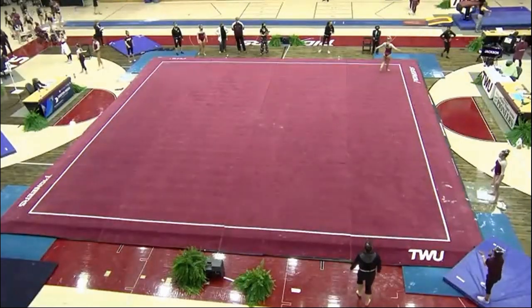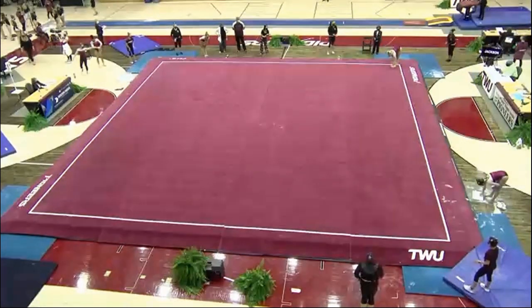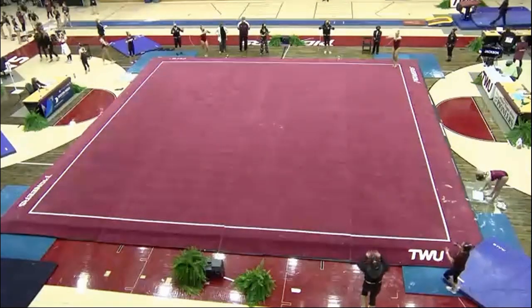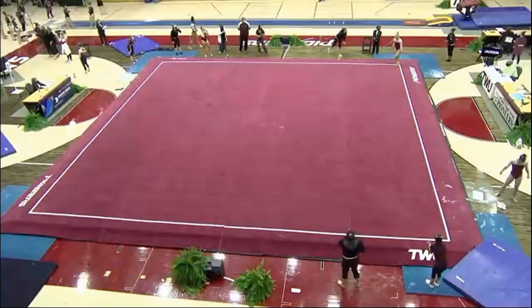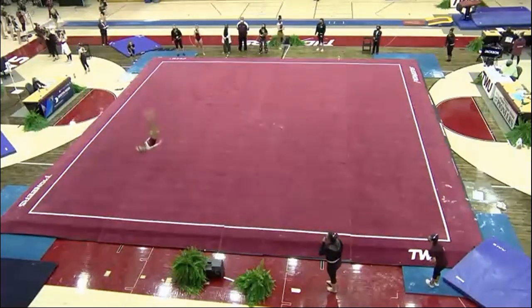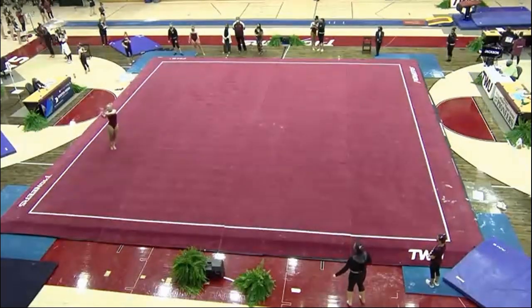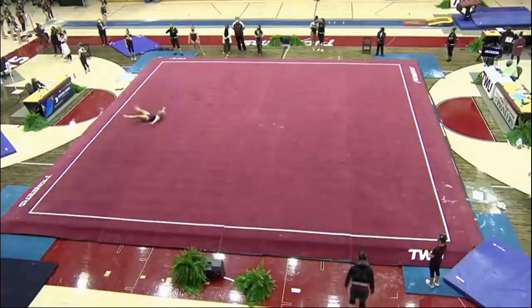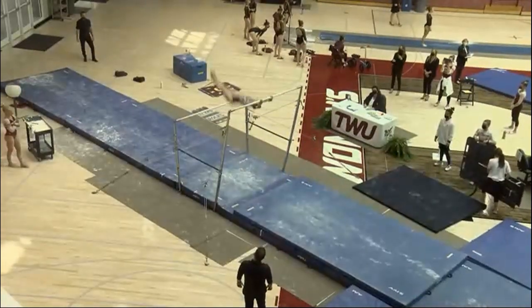One thing that I found interesting is Centenary didn't change from their warm-up leos into new leos. Is that a common theme, Katie? I believe it's the same leotard. They just had a short sleeve on before, and now it's a long sleeve. Okay. Because OU completely changed. Centenary and OU look the exact same walking in. Correct. Up on the uneven bars now is